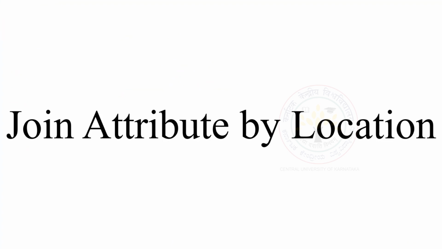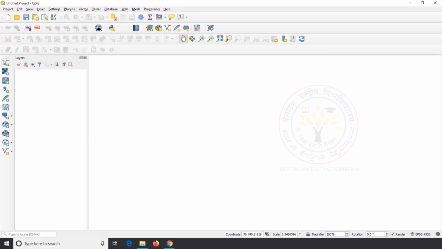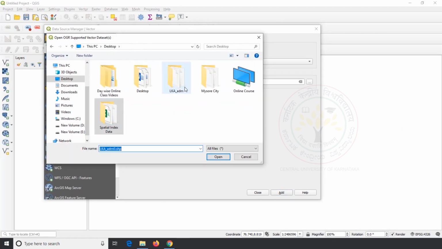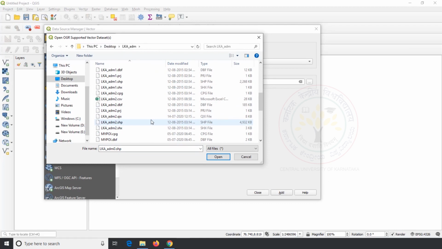Join attribute by location helps to transfer the attribute information from one layer to another layer based on the spatial relationship. For this exercise, I use LKA admin 1 and SOM POI data.